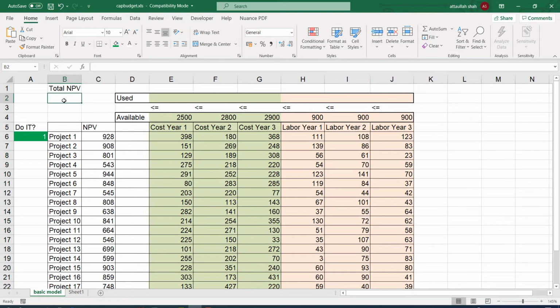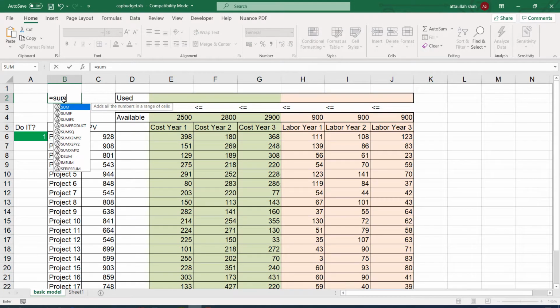Okay, now in the total NPV column, I'm using the function SUMPRODUCT. SUMPRODUCT uses arrays. An array is a selection of cells.